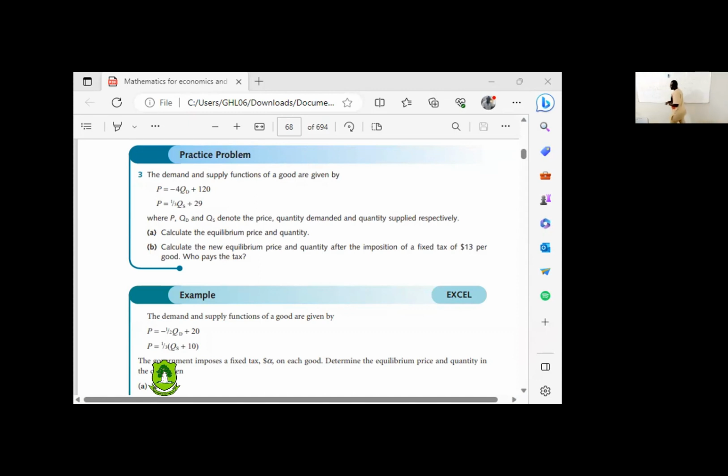Now, the second part is saying to calculate the new equivalent price and quantity after the imposition of a fixed tax of $13. The price here is in dollars, so $36. So the new equivalent price and new equivalent quantity will take care of the taxes. Have you finished writing? Yes. Okay. So which means that from the B part,